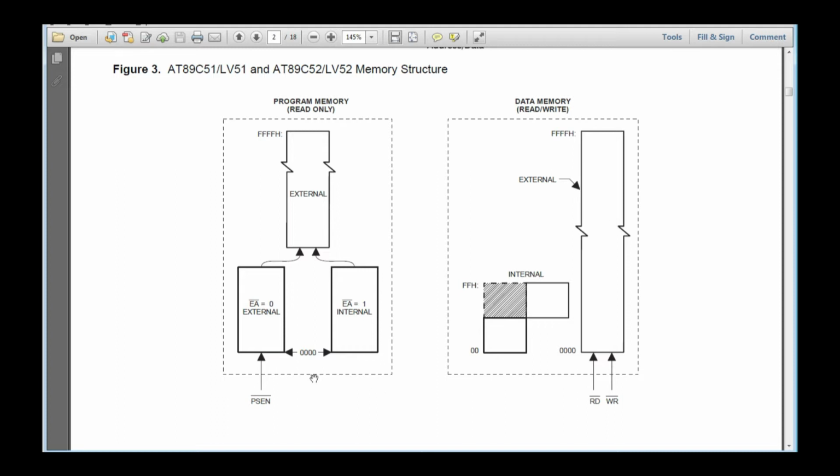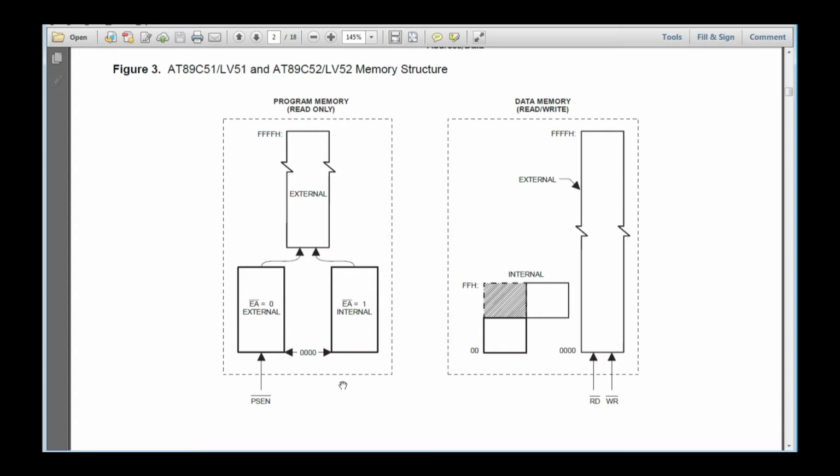If you observe carefully, the program memory starts from the address 0000 and the data memory also starts from the address 0000. That means there is a separate program memory with its own address range from 0000 to FFFF. That is the memory map or maximum addressable range, because there are 16 bits. The data memory also starts from 0000 and goes up to FFFF. Because both memory locations start at 0000, we can conclude that the 8051 microcontroller has a Harvard architecture, with separate program memory and separate data memory.